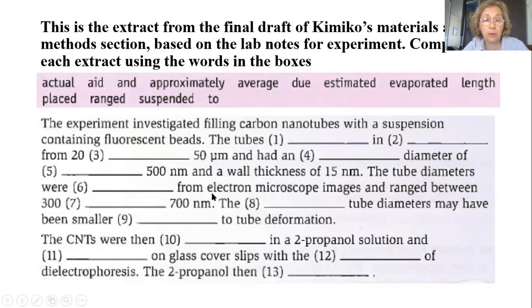So from electronic microscope images, диаметр трубы определяется с помощью, оценивается с помощью estimated. Estimated from the electron microscope image and ranged between 13 and 17 nanometers. Okay. The